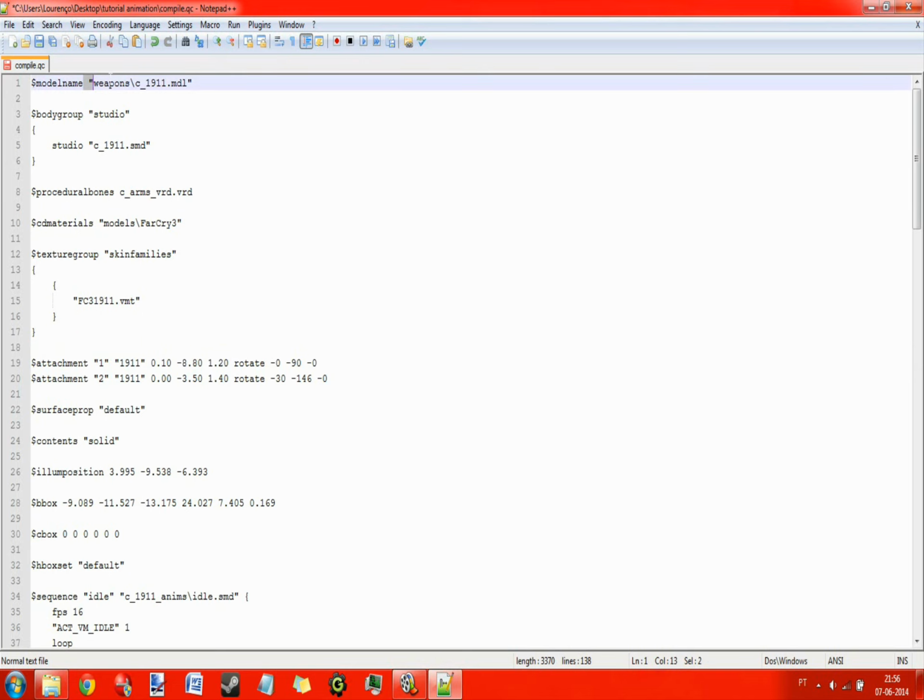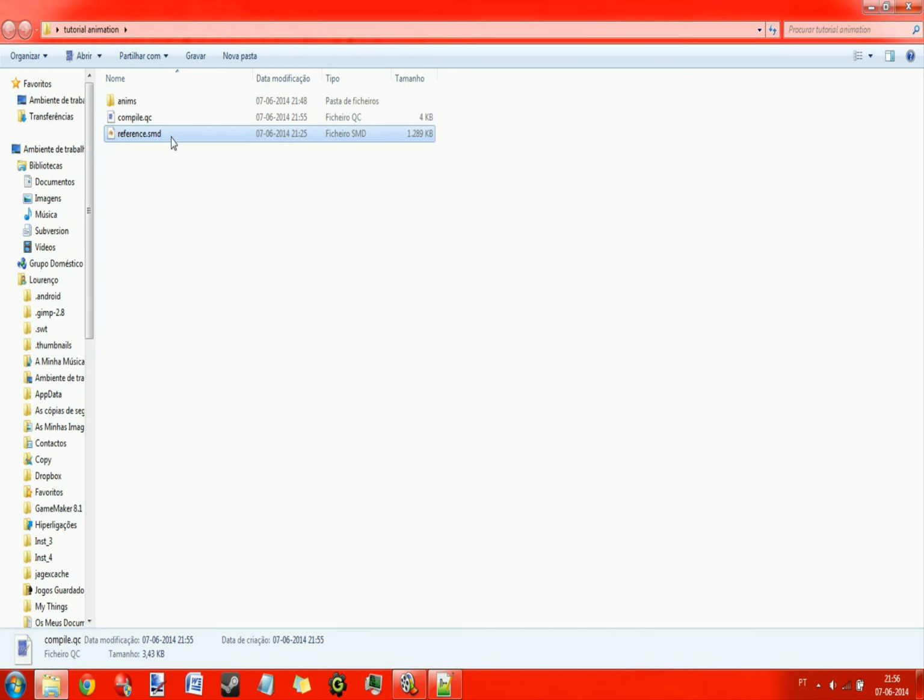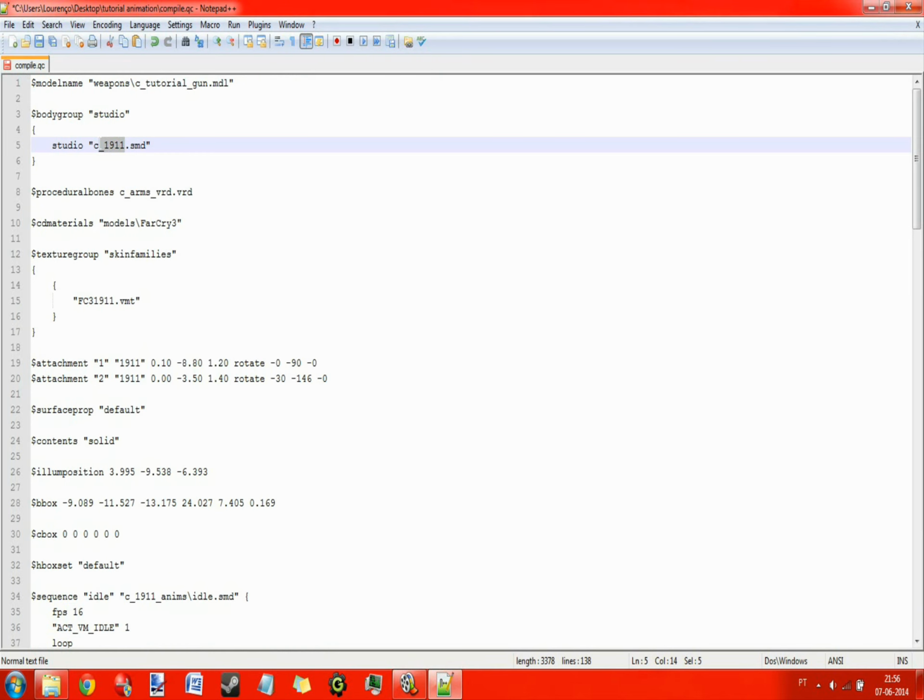This here will be the model path for your model and the model's name. So I'm going to call this one C underscore tutorial gun. Do not use spaces, that will cause problems. And do not put models here. Just leave it like this. This here is the name of your SWEP. So mine is called reference.smd. So I'm going to go here and call this